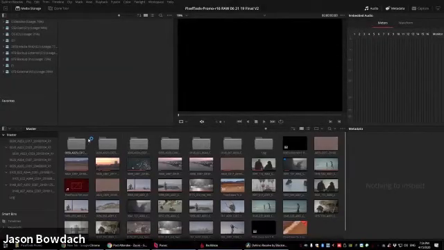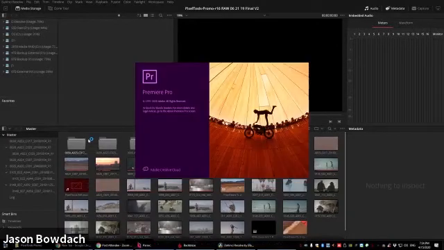But one thing I was going to note too is, and I think you said this, but just so people know, the hue versus saturation, the hue versus luminance, those are all in Premiere in Lumetri as well. I jumped through that pretty quickly, but they're all in Lumetri, and I actually think that they're a little bit more friendly in Lumetri, because when you go up and down with them, that's why I'm launching it real quick, just so I can show you guys right before we finish up.